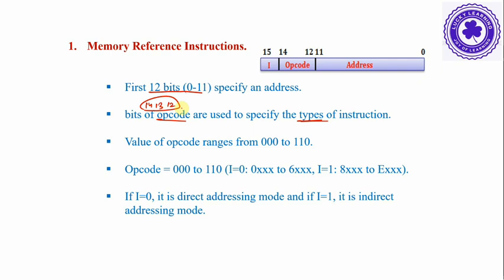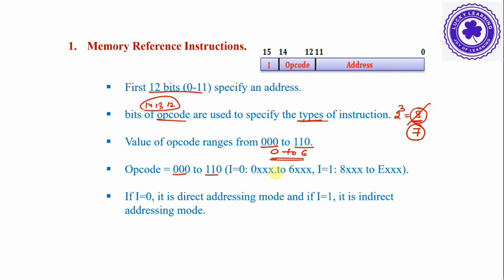Because we have a 3-bit opcode, we can represent 2 power 3, that is 8 opcodes, but the values of the opcodes are 000 to 110, meaning only 0 to 6 we are using as an opcode. It means not 8, it represents 7 memory reference instructions, and the opcode is 000 to